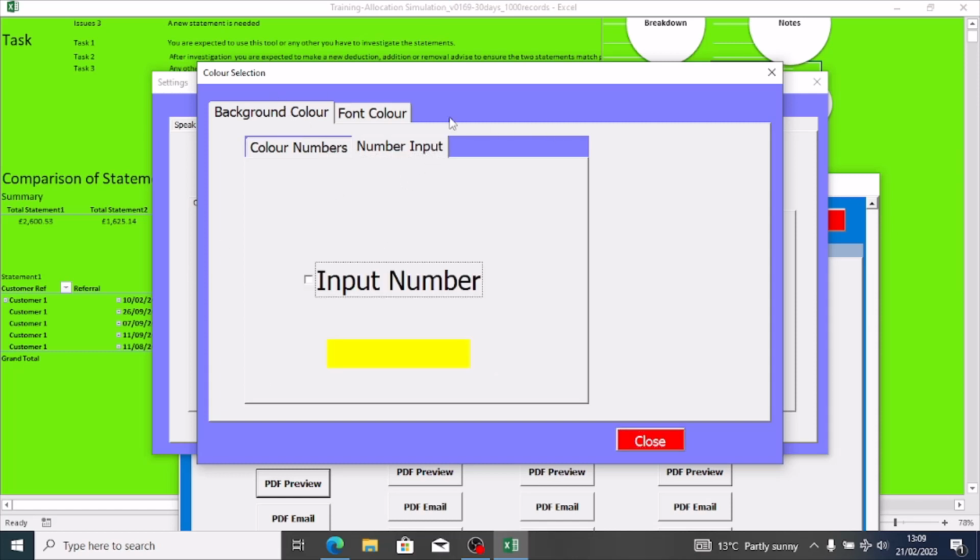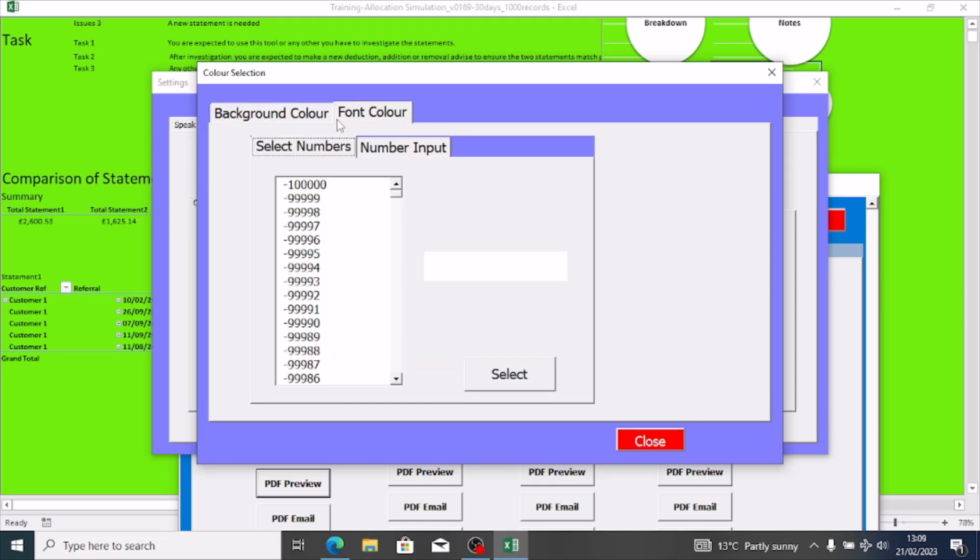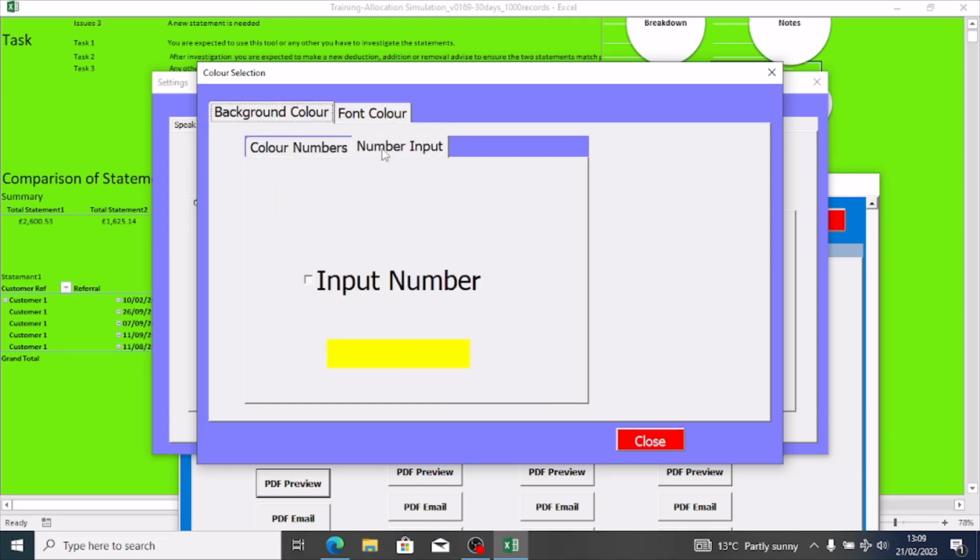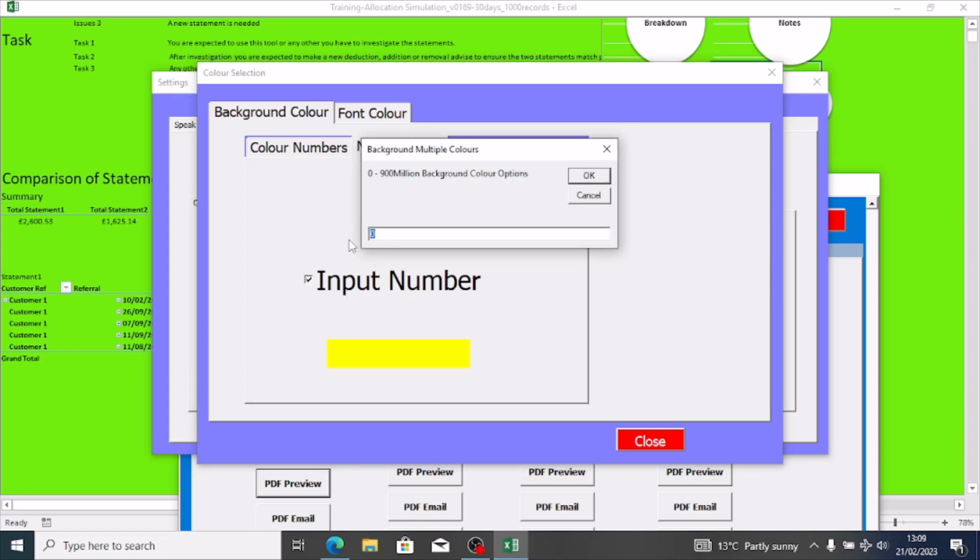So we're in the background, font, background. But we're in the background, so number input, number minus 918273645. Ooh, that's a little bit too many numbers. Your new